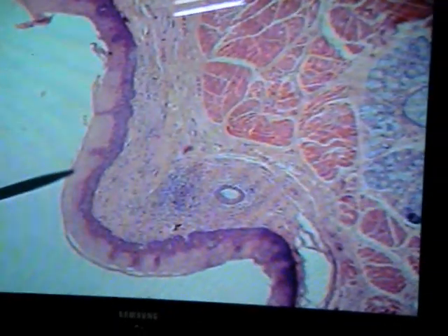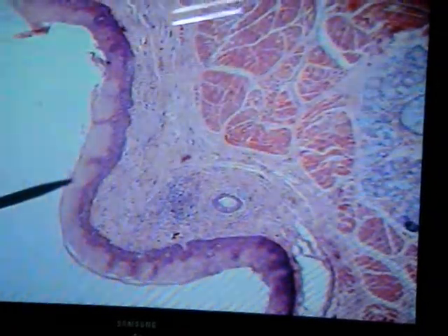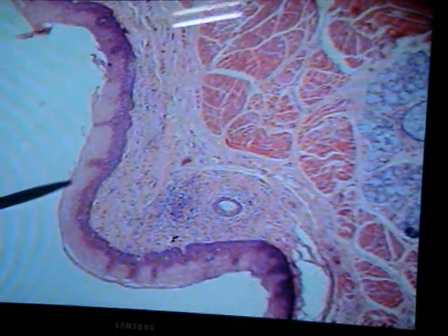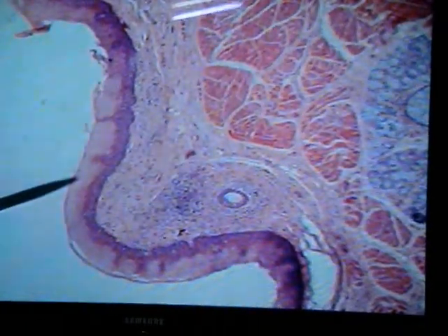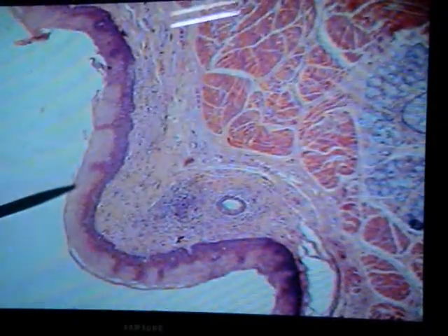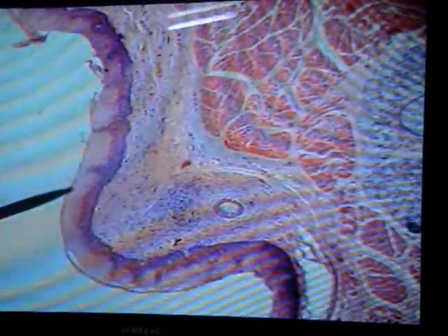So here you can see this is the region of the mucosa. What are the three constituents of the mucosa? Epithelium, then the lamina propria and the muscularis mucosa. These three things comprise the mucosa.